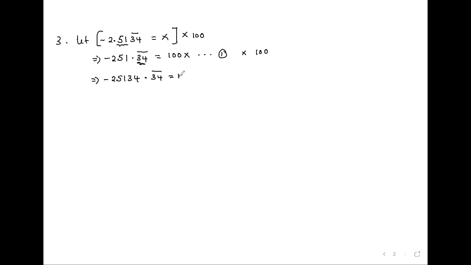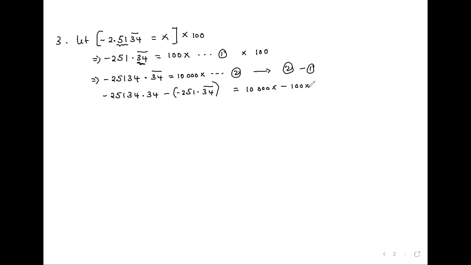On the right, we now have 10,000x and call this equation 2. Then we do equation 2 minus equation 1. So we have negative 25,134.34 bar minus negative 251.34 bar. It's the same thing as 10,000x minus 100x,